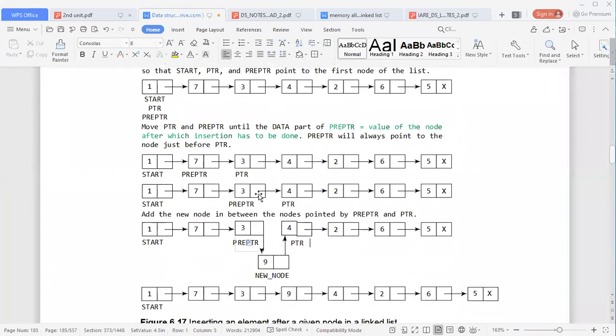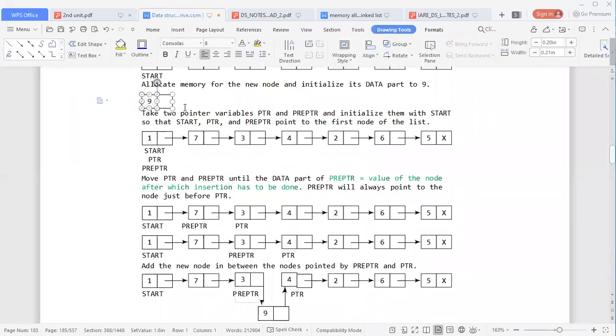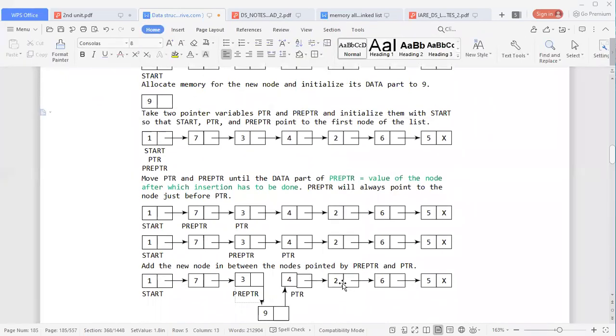Now what will be here? Number 94. What is the value that is contained in the address field of 3? 4, sir. Previous value 4. Now what is the value that is to be stored? What is our new node? 9, sir. So instead of 4, if you place 9 here, this link is created from 3 to 9. And in the address field of new node 9, if I add 4 here, this link is created. Yes, sir. Node number 9 is the middle node of 3 and 4.